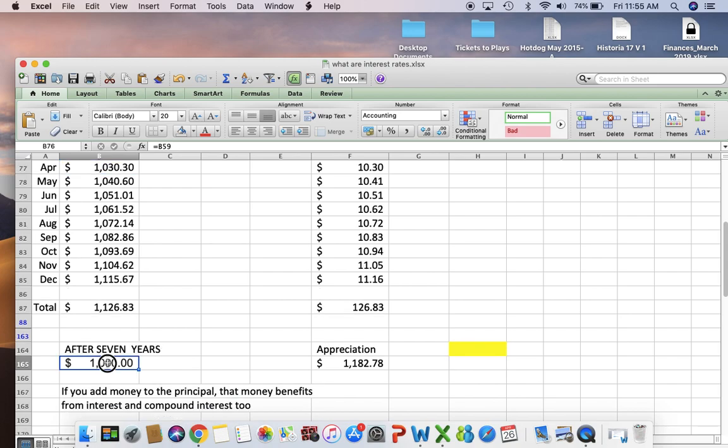After 7 years, just putting the money in the bank, doing nothing at 12% return, you will appreciate by $1,182. Your bank account will read $2,182 after 7 years. I mentioned that 12% was pretty high. That's definitely high. Savings accounts and banks really carry no risk. Therefore, there's really not a high return. It's really just a place to keep your money, and as I mentioned, a hedge against inflation.